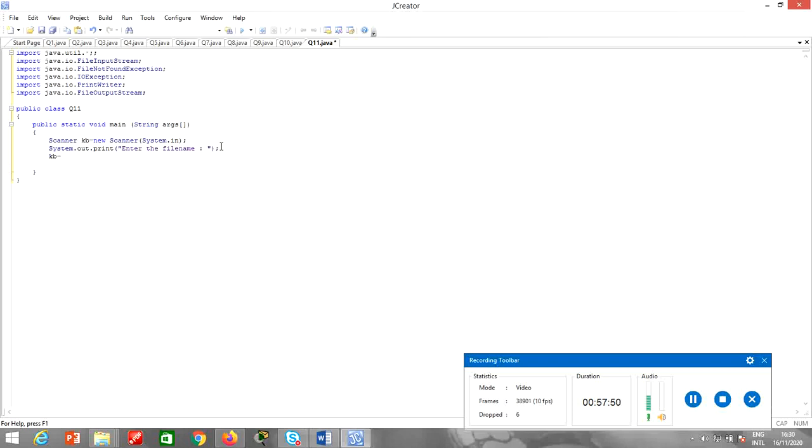kb is equals to file name is equals to kb dot next line. Alright, after taking the file, I'll create a try block to check whether the file exists or not, because I need to check whether the file exists or not. So